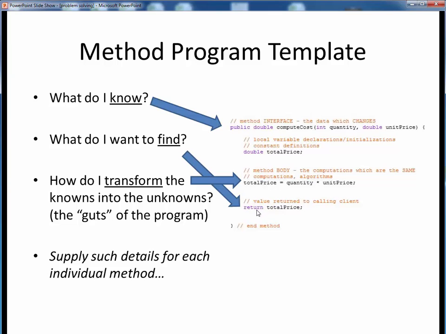This is where we do something with the results of our prior calculations. In this case, we are returning our results to some calling program. Note that the data type of any return value must match the return data type specified up here in the method interface. So for example, if we specify that this method will return some double value, we need to make sure that we are indeed returning a double value down here.